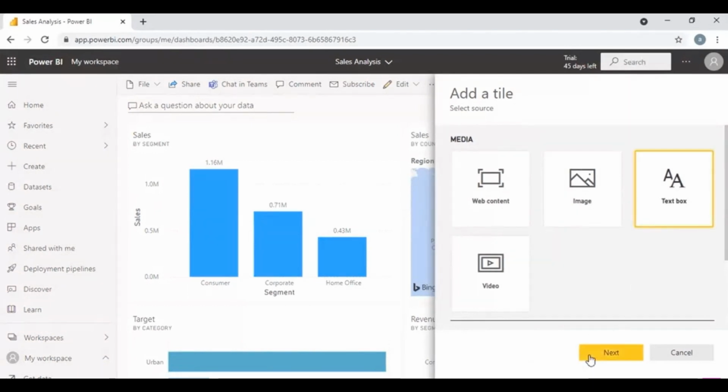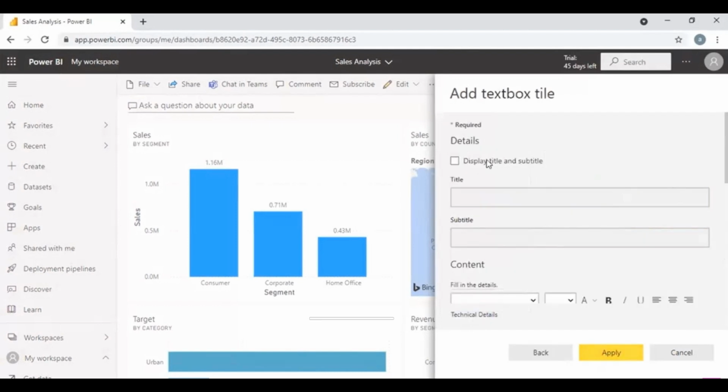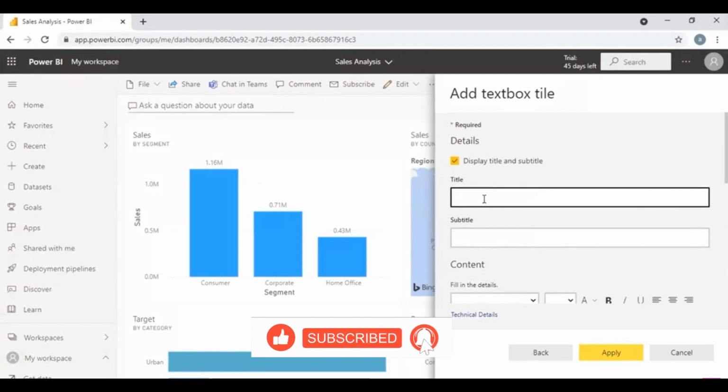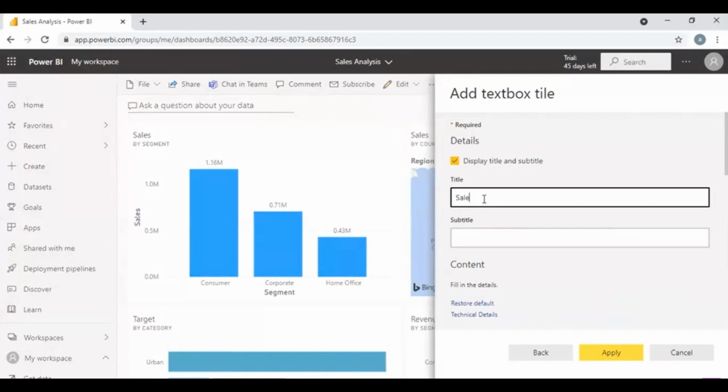As soon as I click on text box and hit the next button, it will ask me for a display title and subtitle. Yes, I want to add a title for my dashboard. That's my purpose. My title of the dashboard is sales analysis. Okay, and my subtitle is